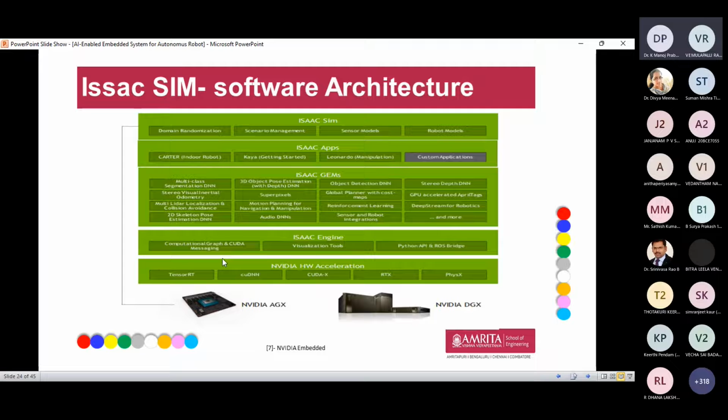So here we have visual SLAM. The same techniques are used in these Isaac Sim architectures, and also we have numerous GEM techniques.